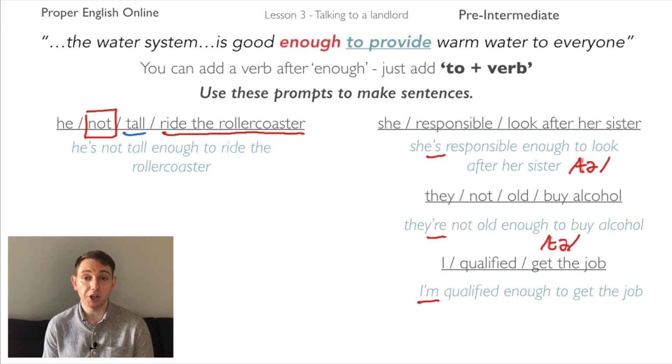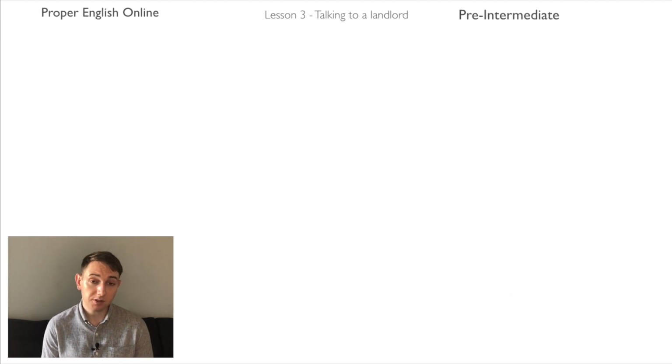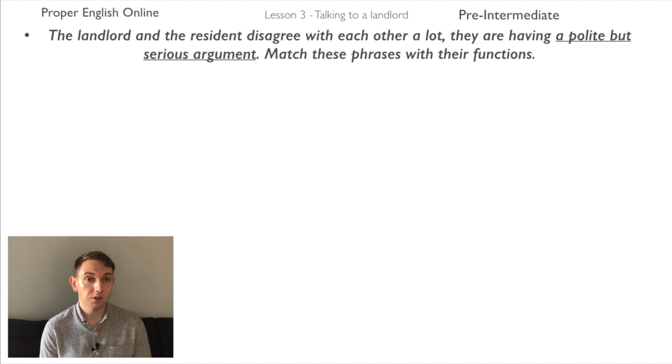She's responsible enough to look after her sister. Or this one, I'm qualified enough to get the job, to get. So it's a t sound. Okay guys, now we've looked at some expressions using enough, but now let's move on to have a look at